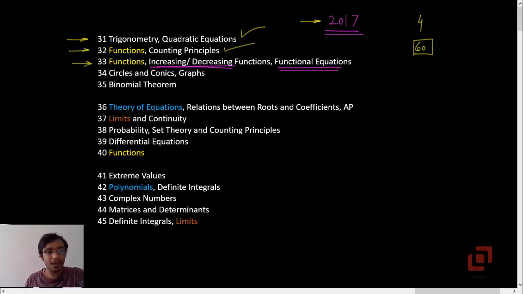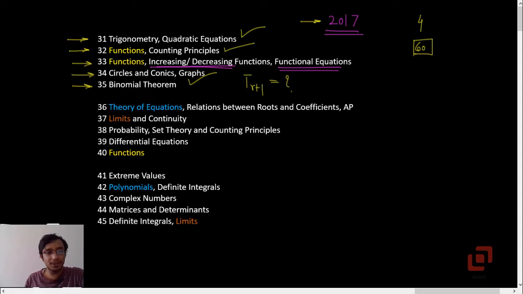Okay. Then the fourth one, question number 34, is a very simple question based on graphs of circles and conic sections. In this sum they have given you an ellipse, okay, and you have to find the points of intersection of the circle and that particular conic, the number of points. So if you know how to draw the graphs, then certainly you can answer this question very easily. Question 35 is a standard binomial theorem question. Okay, how to find the r plus 1th term.